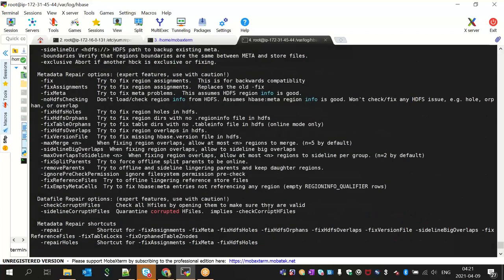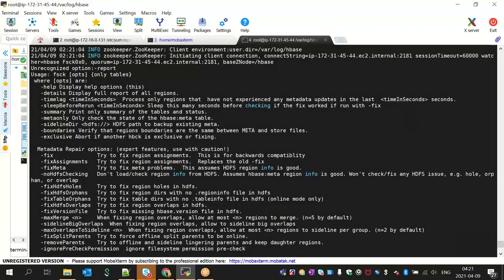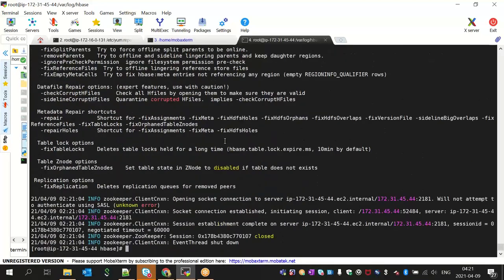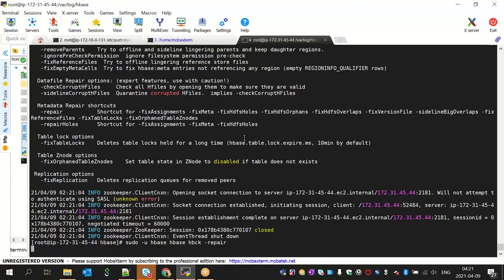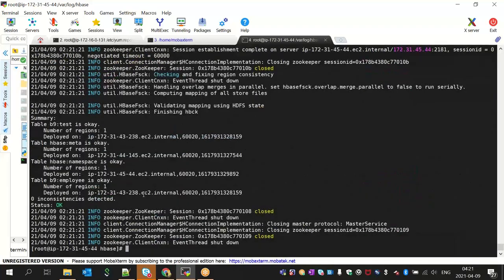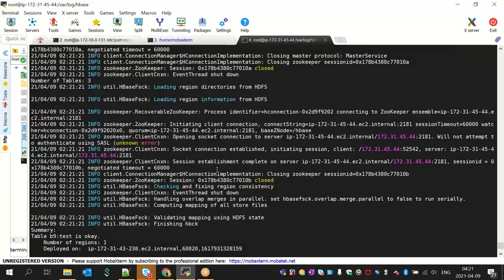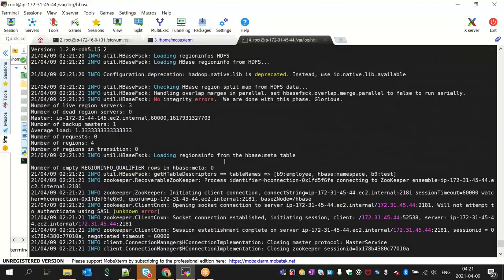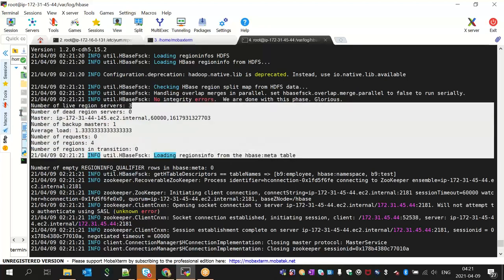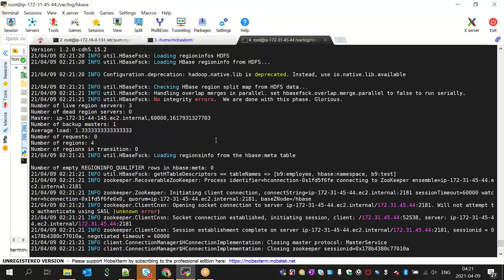Oh, sorry, I gave report. It's repair. So now it tried to repair. Since there were no inconsistencies, it went fine. Otherwise, if something would have been wrong, it would have tried to repair it. It's like your report command or admin command, just like we used to do in HDFS. Now, one more thing, a very important table which HBase keeps information about the regions and everything